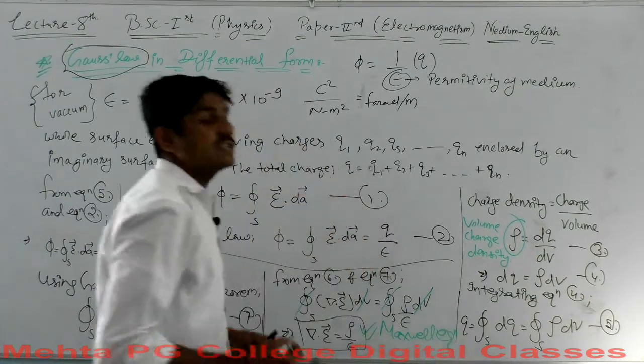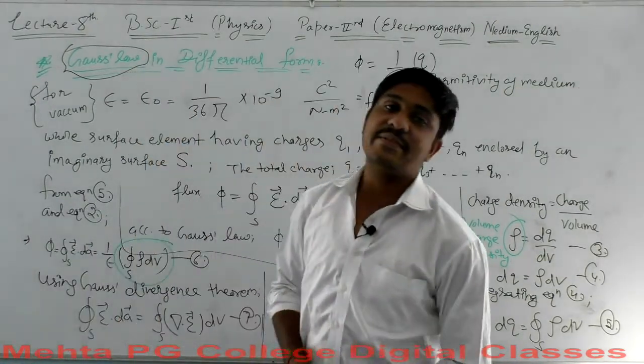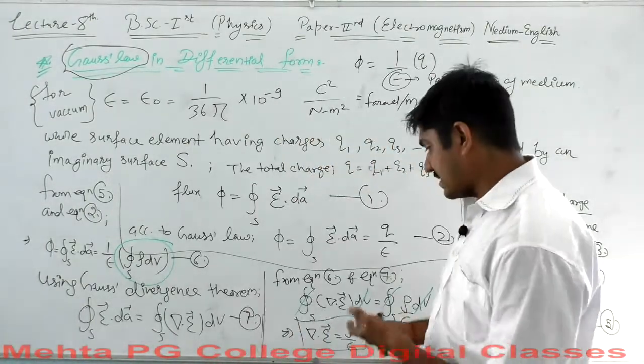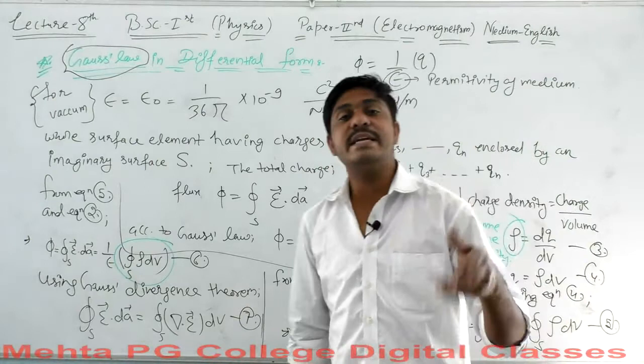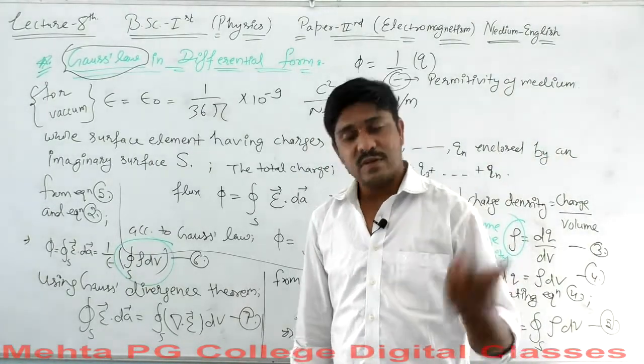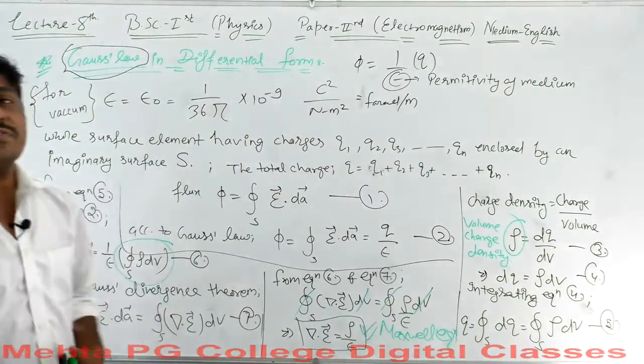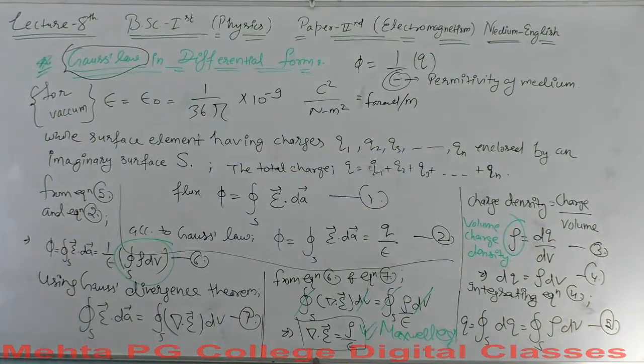Which equation? Certainly this is the third equation, which says the divergence of E, del dot E, is equal to rho over epsilon, or it may be written as epsilon naught if the medium is vacuum, that is, if there is no medium. You can take a screenshot for your reference, and then we will proceed further with the new topic.